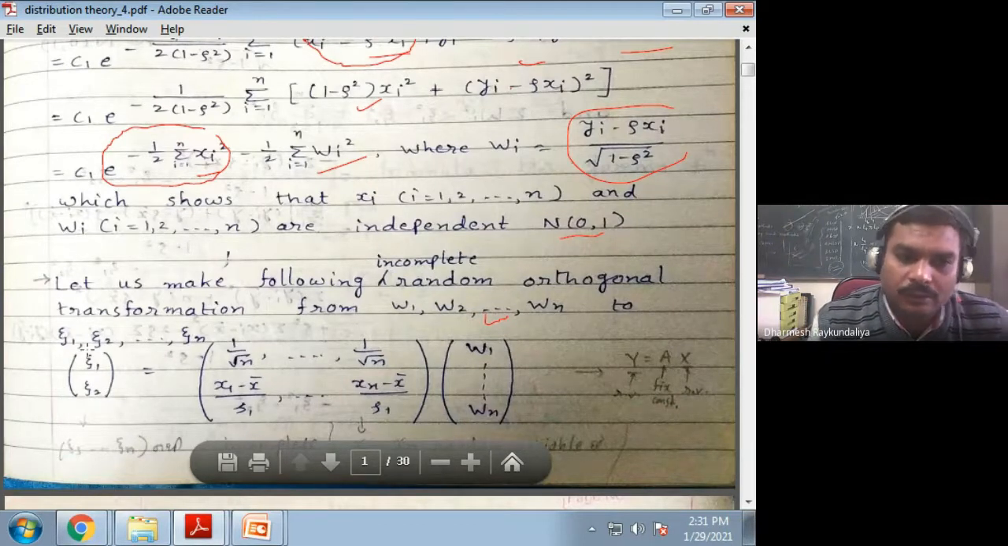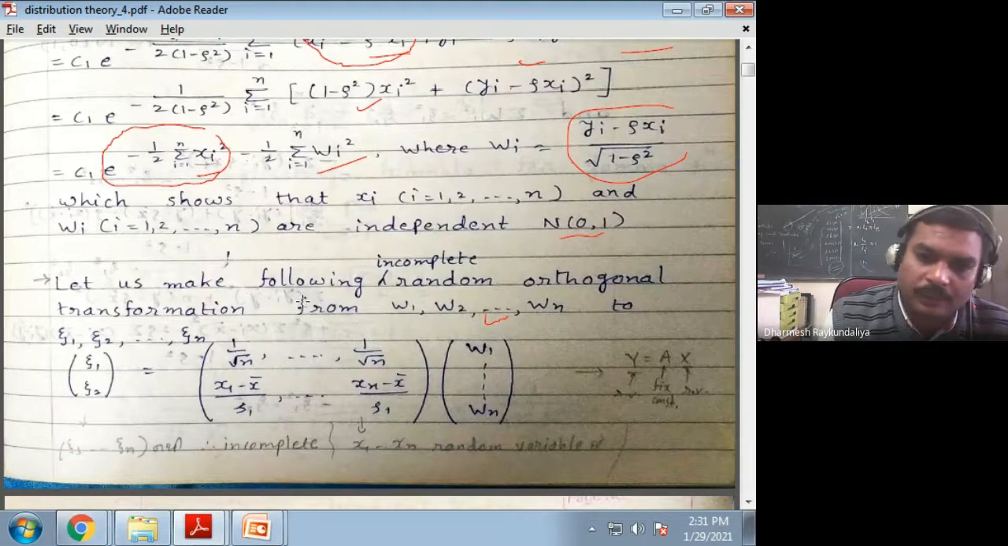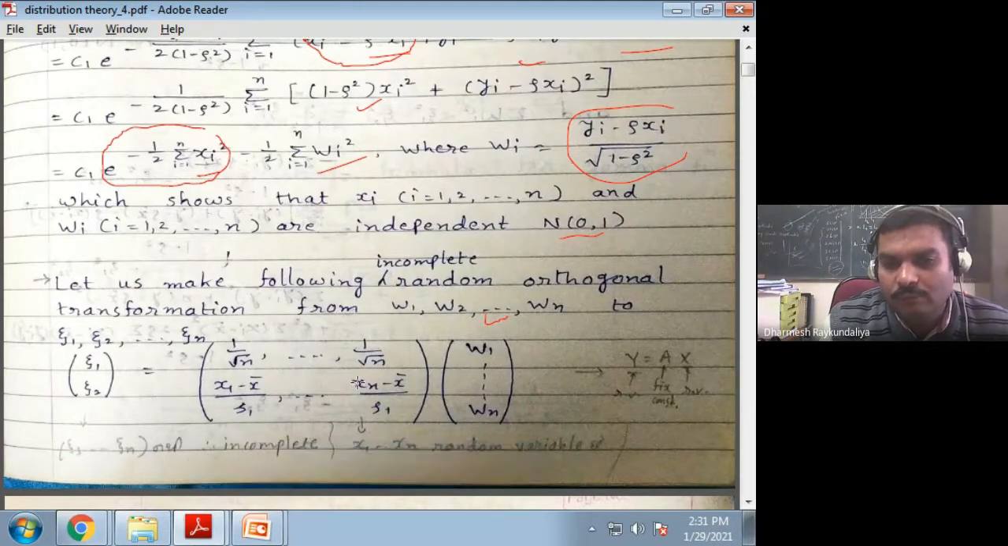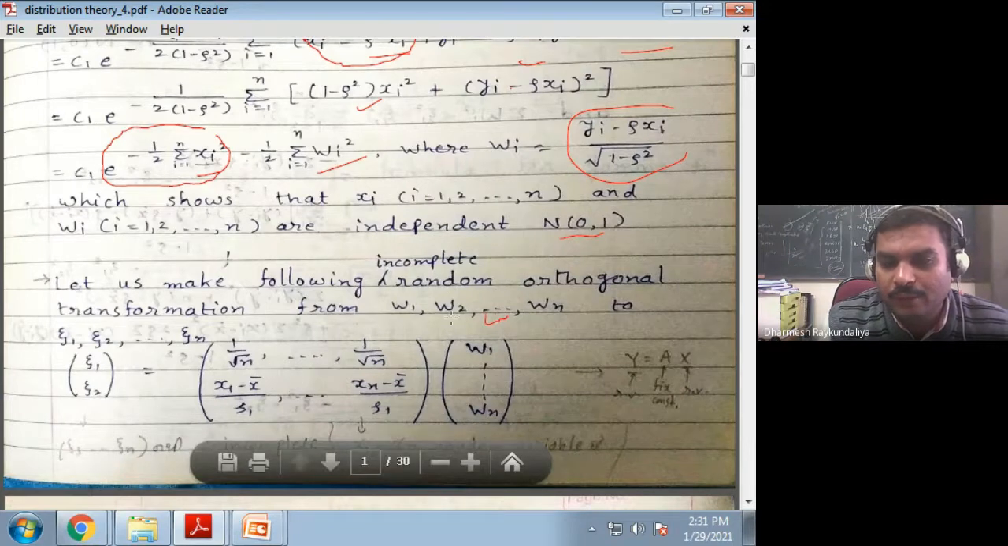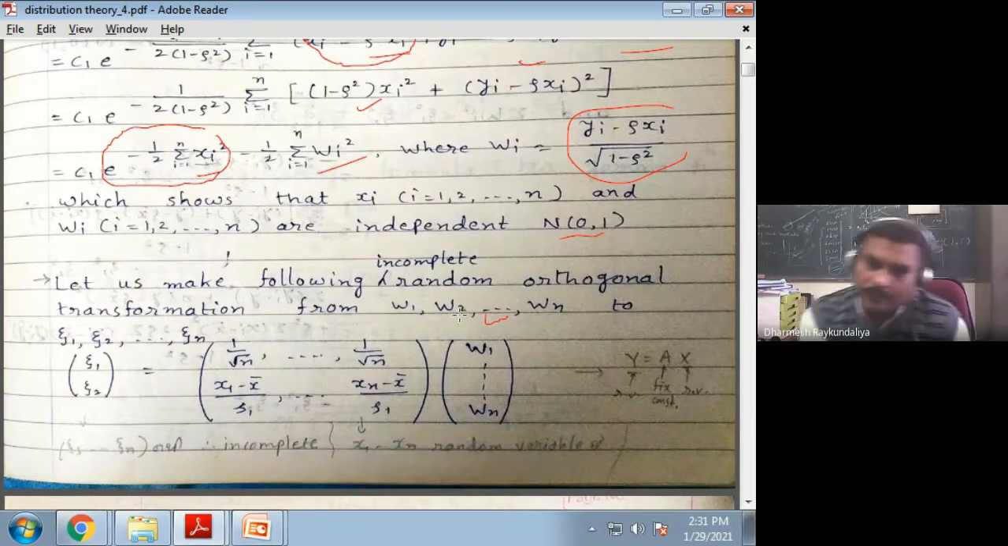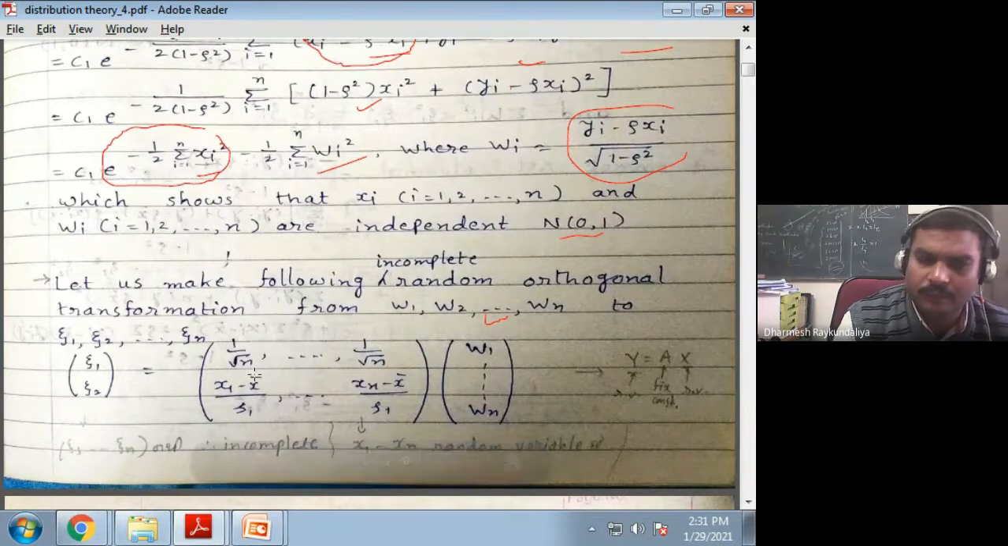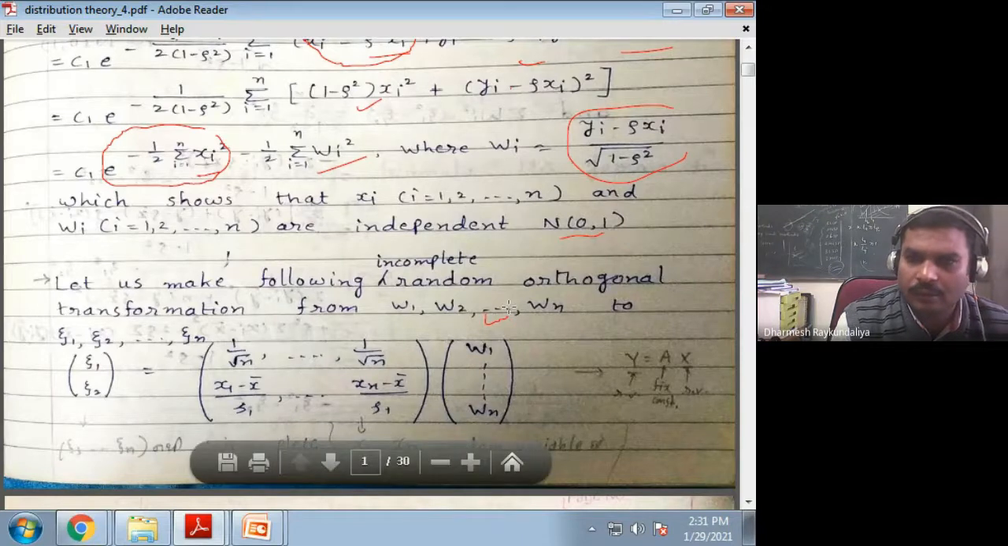If I am considering all xi1, xi2, ..., xi n, then they are said to be a complete orthogonal transformation. And because one row is random, it is an incomplete random orthogonal transformation. So you can see that more or less the transformation remained the same. So it is 1 upon root n, 1 upon root n, and here it is (xi minus x bar) upon s1, up to (xn minus x bar) upon